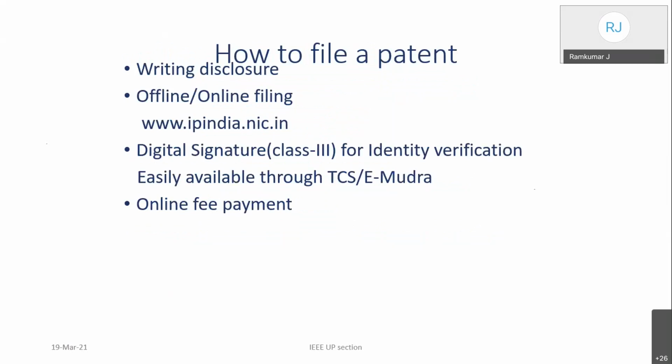Once you have done everything, then you can go ahead to write a patent. And normally a patent you can write, but the final vetting and defending will be done by a patenting attorney, or in front of the patenting attorney will be done by a patenting lawyer. So today patent lawyers are having a huge scope because of this. So when you write a patent, first you have to write a disclosure, then you will have to file it online or offline today. Then what they do is once they get your application, they examine the application and then put the application in the public domain for 6 months and say, hey, Ram has claimed this. Is anybody else who wants to counterclaim or say that no, you have done it before, please give the justification or something.